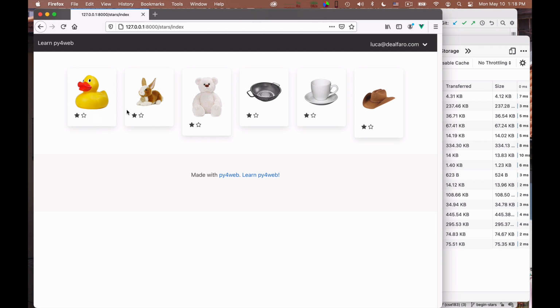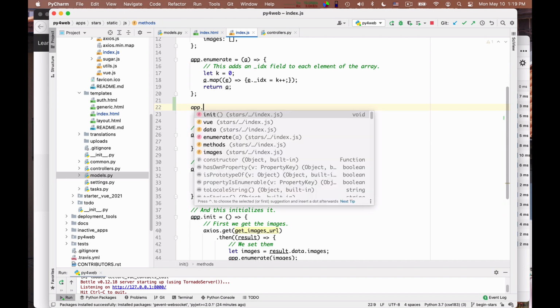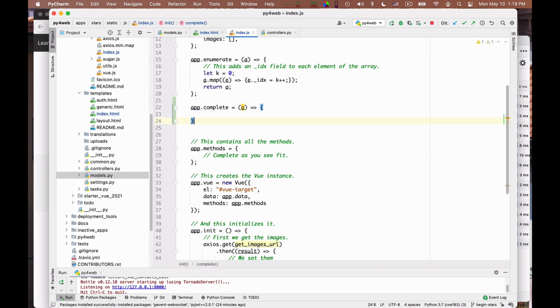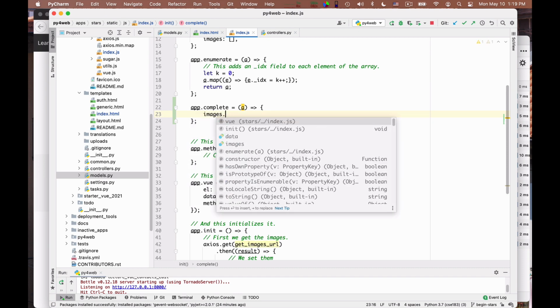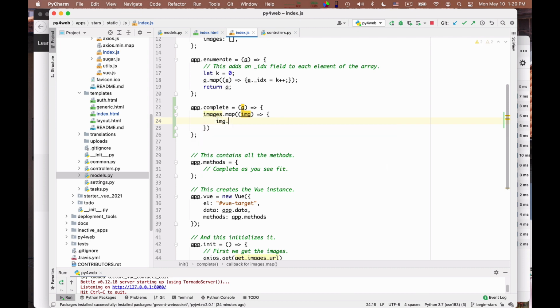And so the first thing I have to do is to extend the code to decorate each image with these 2 quantities. So let me do this. In addition to app.enumerate, I say app.complete. I could give it another name, I guess, but I have a lack of fantasy at the moment. And so here I take the images and I say something like images.map, and take a single image and apply to it this function that will say image.num_stars is equal to 0.